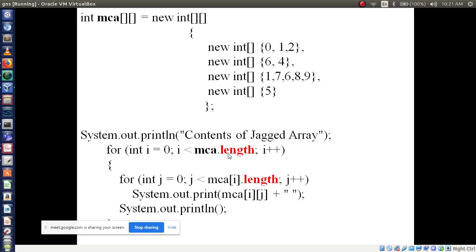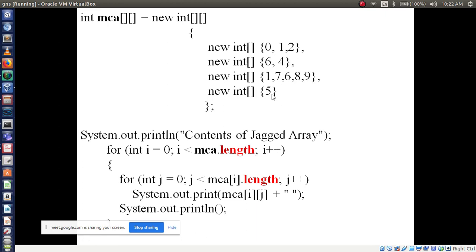But in the second for loop, what size will you give? Is it possible to give a column size here? Can anyone tell me? It is not possible, because here you are using 3 columns, the second row 5 columns, and the last row 1 column. So in this situation we can use the length keyword, and automatically it will take it.